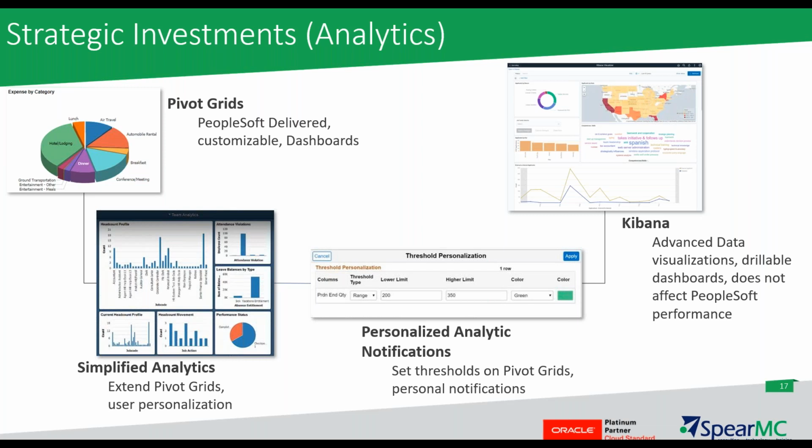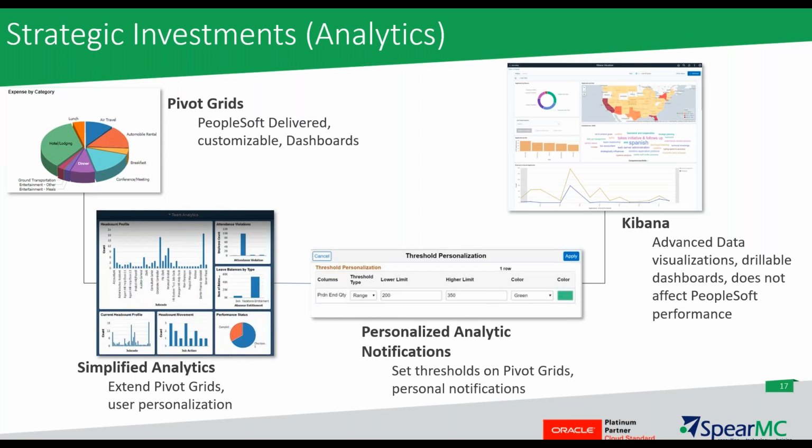Now the security is based on your Elastic Index security, but in terms of investments, I would say Kibana is really taking the lead. There's a couple of benefits there. One, the tool itself is really rich, it's really powerful, it performs fantastically. But the nice thing about it is there are things that we do on our side, the PeopleSoft side, in terms of the search framework and things like that. But Elastic itself, the company, is constantly enhancing Kibana. It's really a cornerstone tool for them.